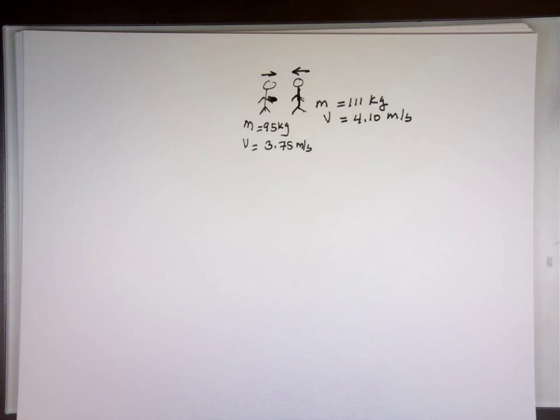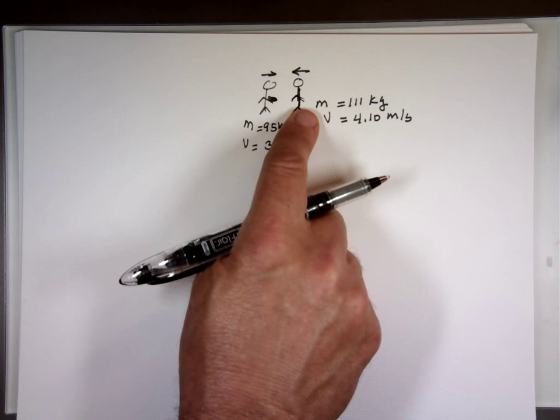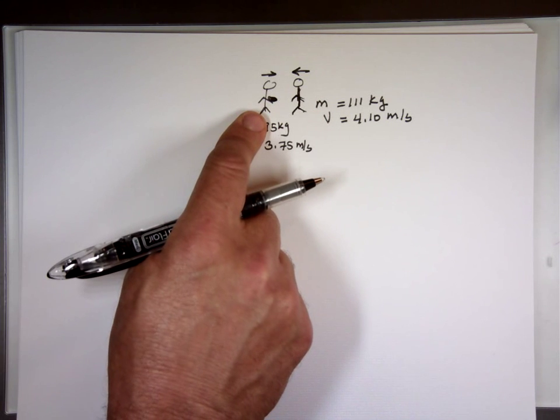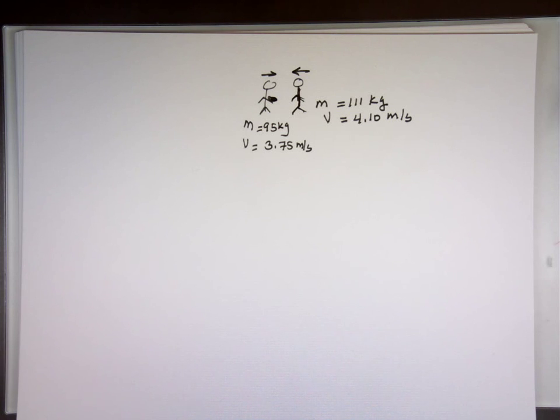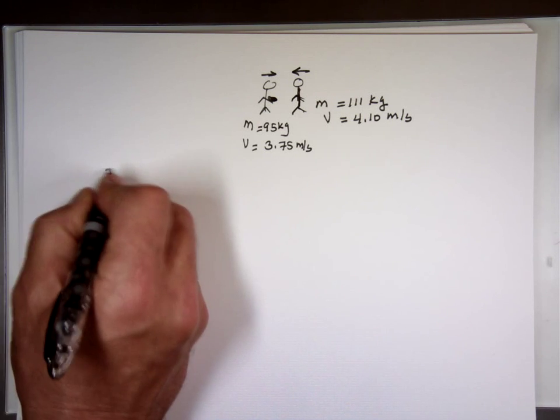And they meet, well, the linebacker meets the running back head on and holds him. If the two players stick together, here we go. If the two players stick together,